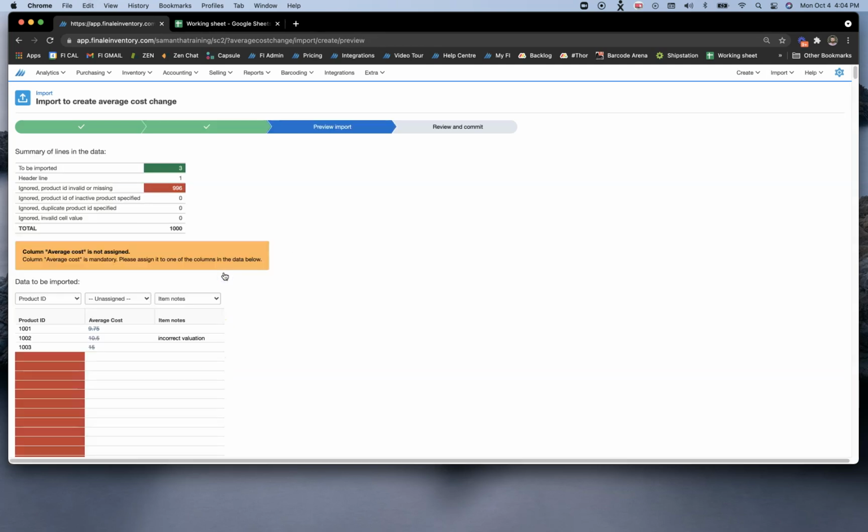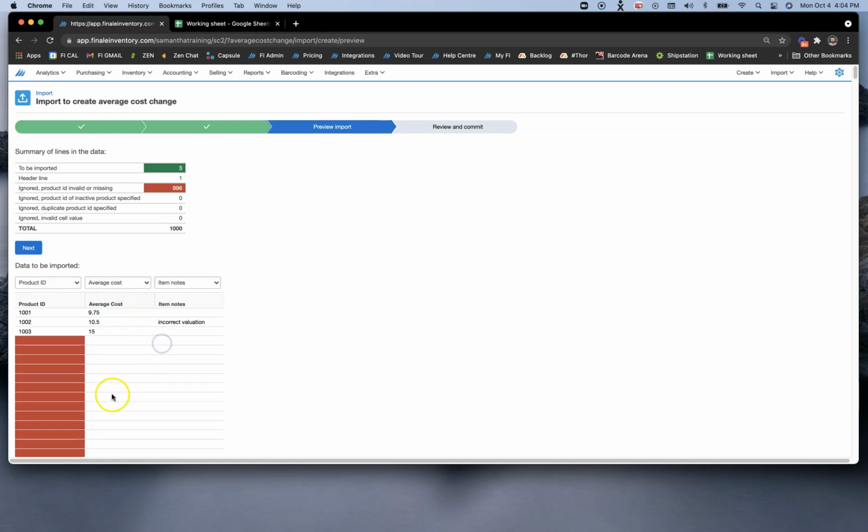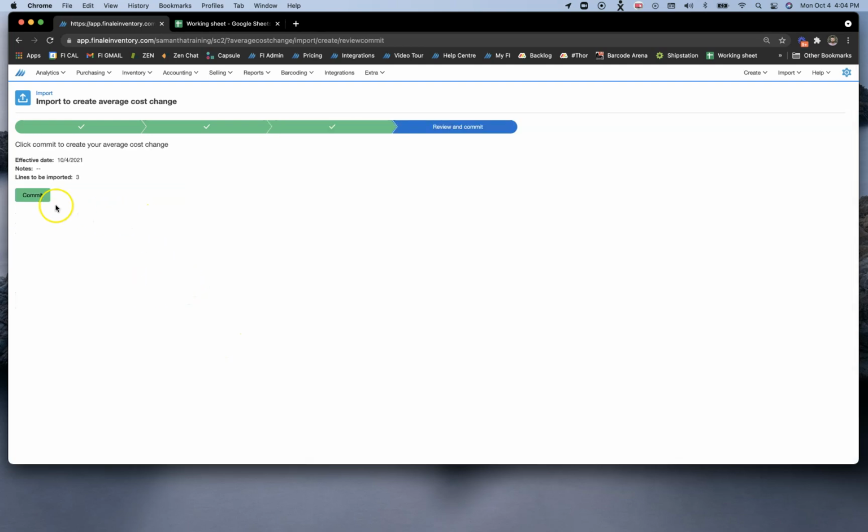Now, once I paste here, if there's anything that I don't understand, i.e. I'm using a different column header here, I can assign this very simply to average cost as it needs to match exactly. So at this point, I'm understanding all of my information here in terms of the product ID, the average cost, and the note that I want to have. And coincidentally, I just want a note on one product here, and that's totally fine. So once I hit next and then hit commit,